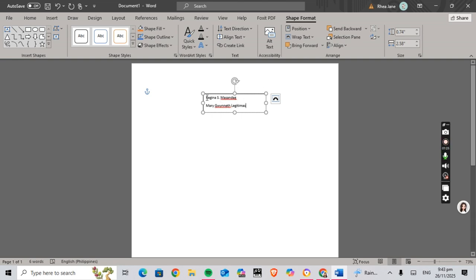Now, we will edit its layout or the format.